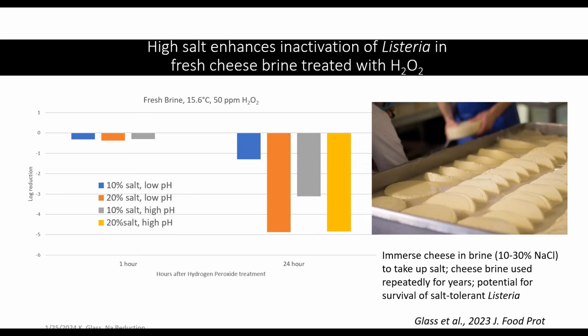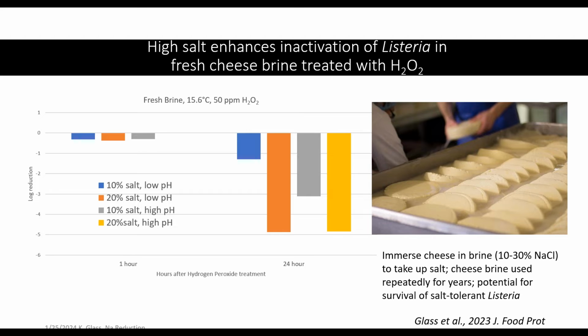Now, other than direct addition of dry salt to curd, some cheeses rely on immersion of the blocks of cheese in a high salt brine for 24 hours or perhaps even several days. These vats are open to the environment and can be potentially contaminated with salt-tolerant Listeria or staph. Furthermore, because of environmental concerns of getting rid of high salt brines, these solutions are maintained and potentially reused for years. If the brine were contaminated, the pathogens could make their way onto a cheese, posing a health risk. So brine management programs seek to kill pathogens periodically to reduce the potential for cross-contamination.